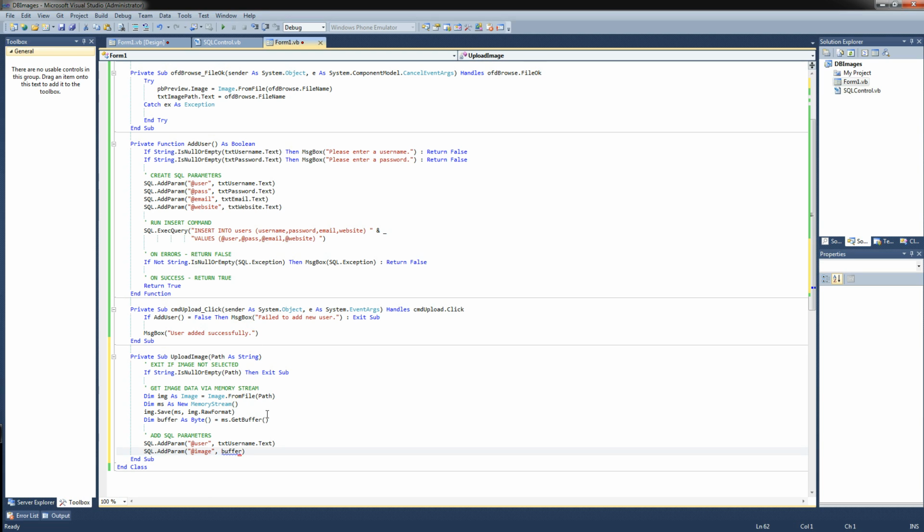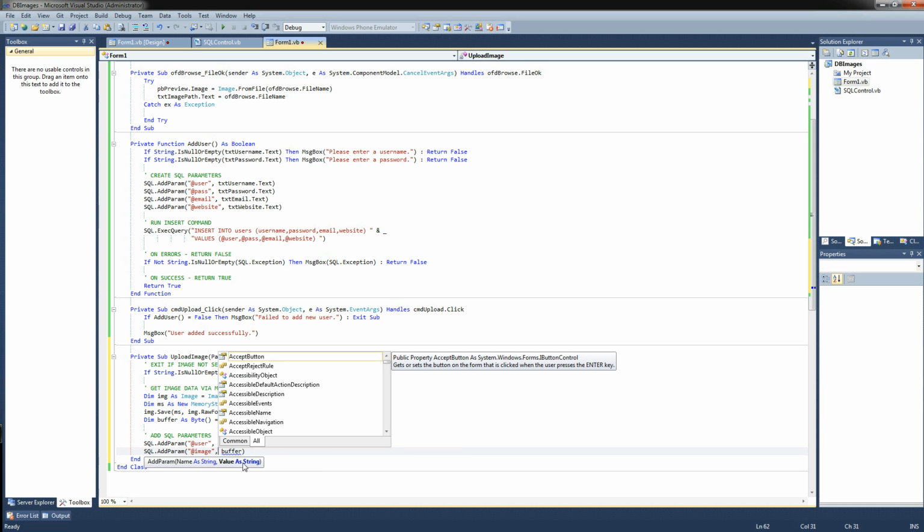And I did something wrong here. Okay, you know what it is. Value of type one-dimensional array of byte cannot be converted to a string. See, I think what I did was accidentally set value. Okay, value should not just be a string. That means we're limited to sticking string values in our database when the data type we're trying to enter is binary, sort of a binary object. So what we want to do is use something that's more nebulous than a string, something to capture any